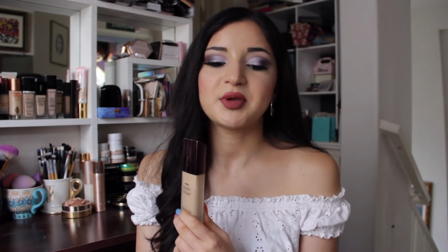There's almost an aggressive amount of coverage in here, to a point where people were trying it out using their normal amount of foundation, which for most people is around 2 pumps. For me, it's 1 pump. I used 1 pump the first time I used this one, and I looked like I was wearing a literal mask. It was disgusting. They pack such a huge amount of coverage into a very small volume of product